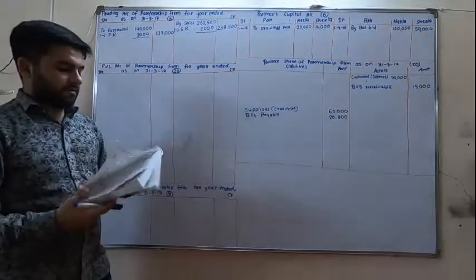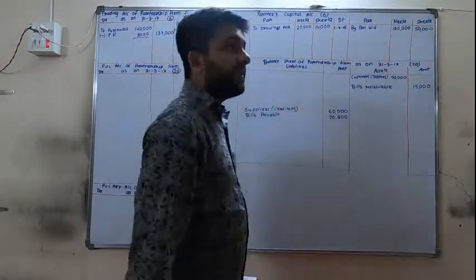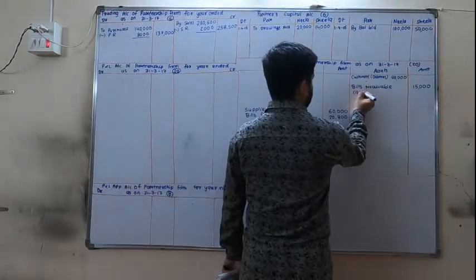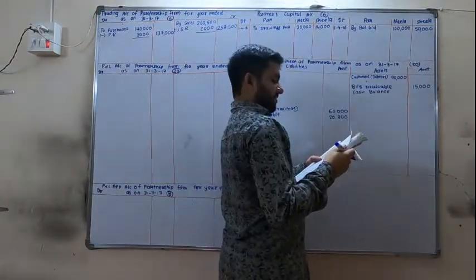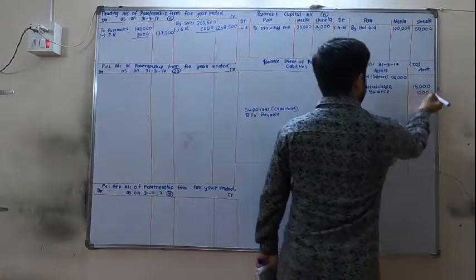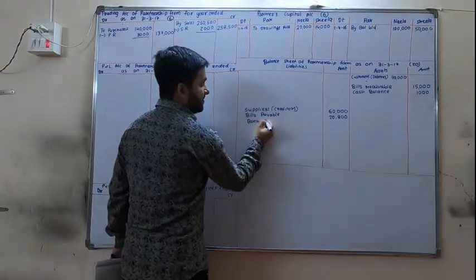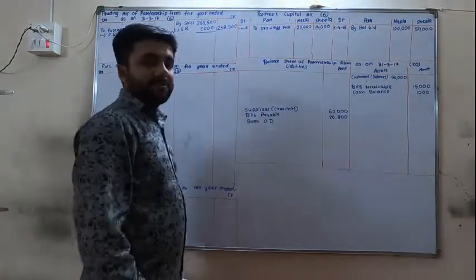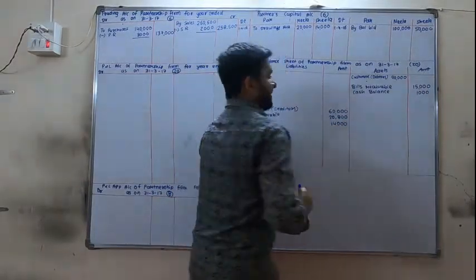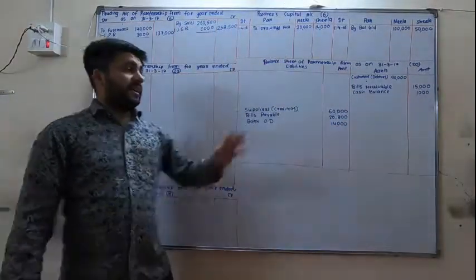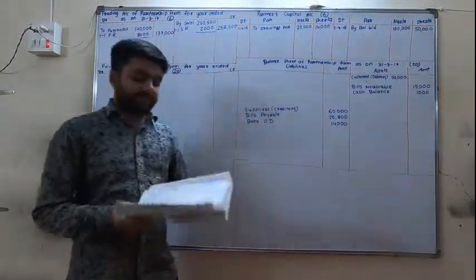Next, cash and bank. Now when cash and bank is given, both balance is given, so cash is always debit, so it is cash balance and it is debit and the amount is 1,000. And bank is remaining, it will have credit balance. Bank can have debit and can have credit balance, and the credit balance of bank is known as bank overdraft, which is 14,000. Okay, please remember, whenever cash and bank differently is given, cash is always debit and bank can be debit, can be credit.